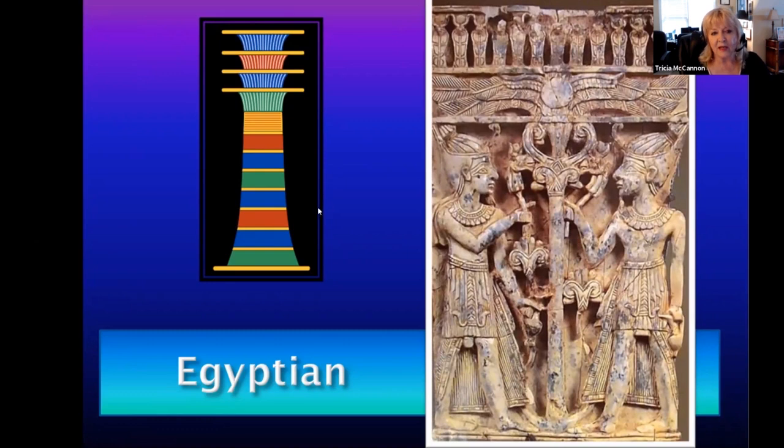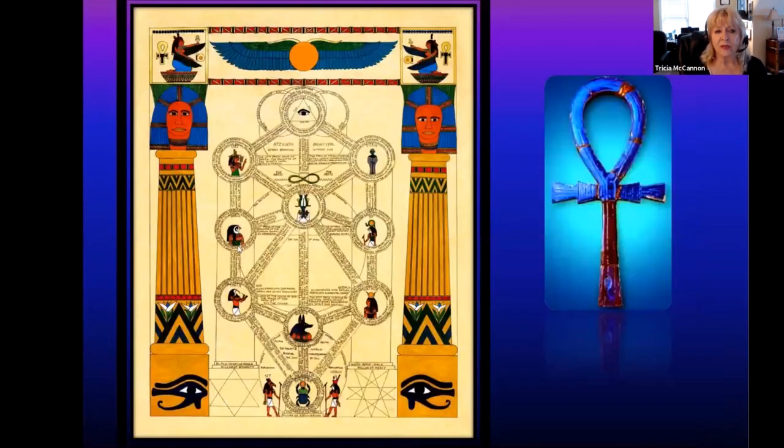So anyway, this is one of the symbols that represents not only the spine of Osiris, the pillar of regeneration, but the tree of life. So anytime you see it, it's a shorthand Hermetic symbol to tell us that. And here we see also in the Egyptian that they were very aware that the path of the tree of life, and this is the Kabbalah, that actually came out of Egypt before it became known as the Jewish Kabbalah or the Hebrew Kabbalah, is a path between two pillars.